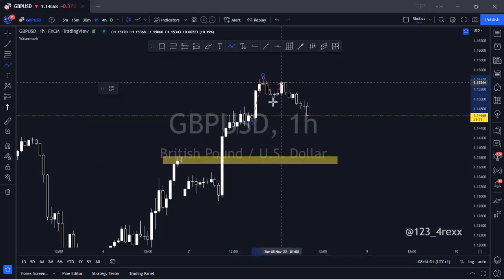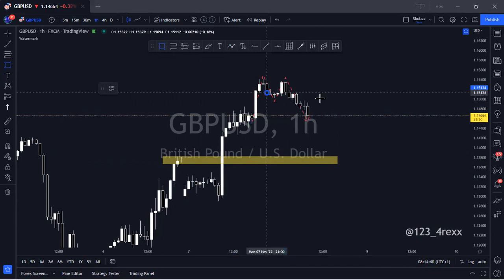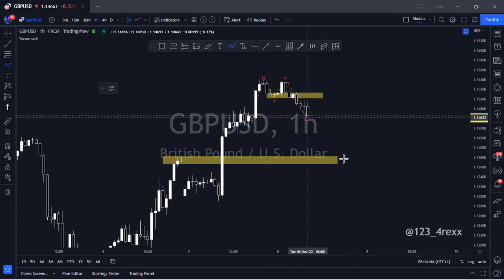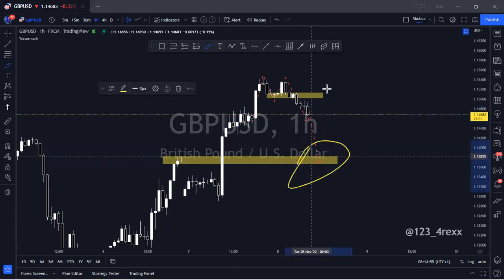So we had that whole push, pull back, we failed to create another high, and then now we broke it to the downside. The first thing we can watch out for is if price will come back to retest these levels here. Do you get? So now, will price come back to retest these levels before we have that sell to the downside? Now, if price doesn't retest it, what can we look out for? Once price gets into this level down here, we'll watch out and see how it behaves. Yeah, if we see any rejection candles here, then we can take that buy to the upside.